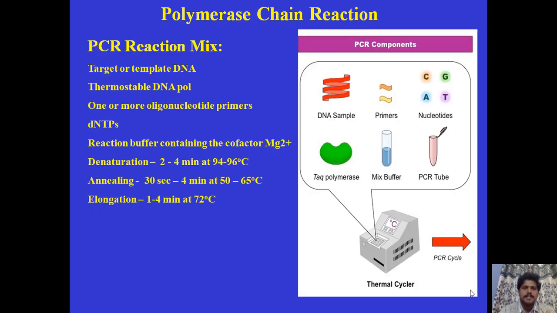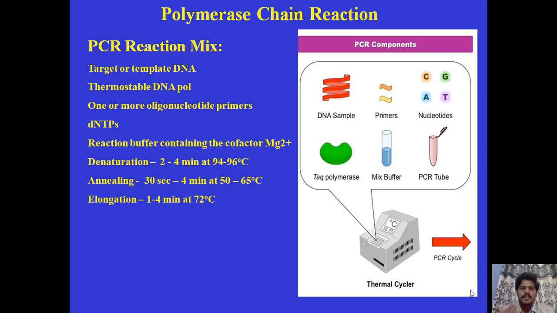So the PCR reaction mix, what does it contain? The target or template DNA, thermostable DNA polymerase, one or more oligonucleotide primers, reaction buffer containing cofactor Mg2+, and dNTPs, deoxynucleotide triphosphates. Then followed by these three steps: denaturation, annealing, and elongation. Denaturation occurs for a time span of 2 to 4 minutes at 94 to 96 degrees centigrade,